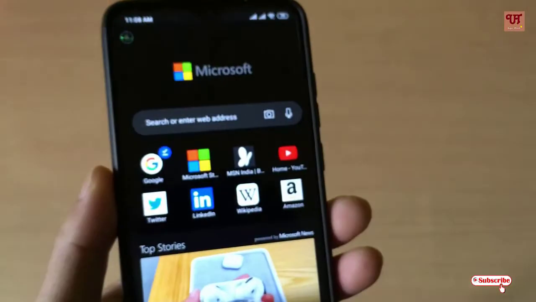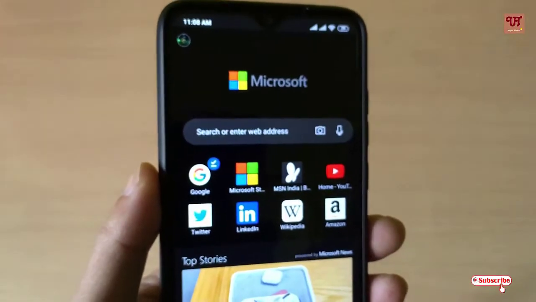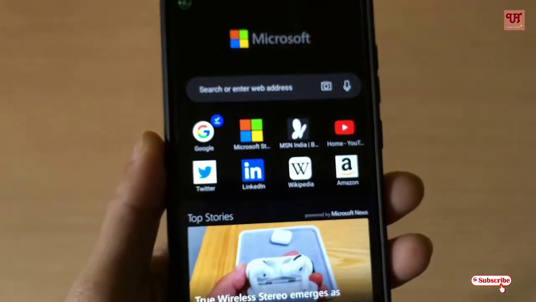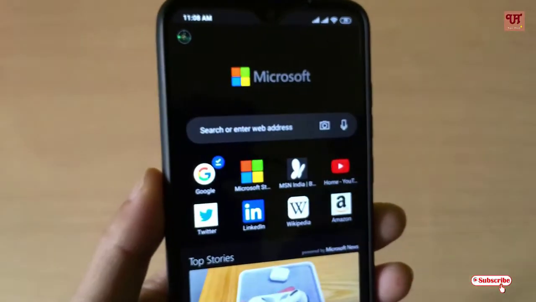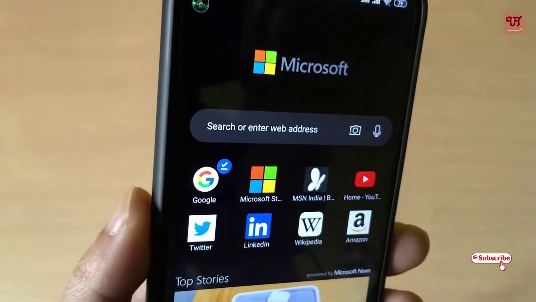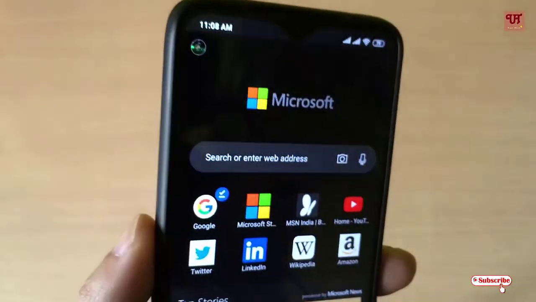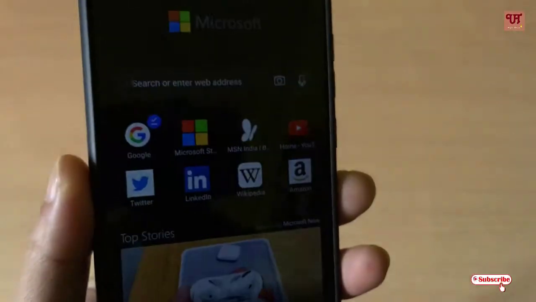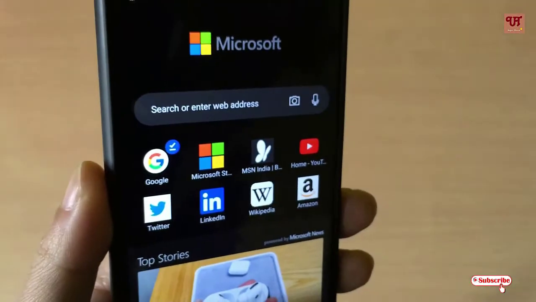So what are you waiting for? Search this application in the Play Store, become a beta tester, and try these new features on this Edge browser by Microsoft, and try it yourself to see how you like the browser. Is it going to replace your Google Chrome browser or your Mozilla Firefox web browser? So try it today, and whether it's useful for you or not, please comment below in the video,